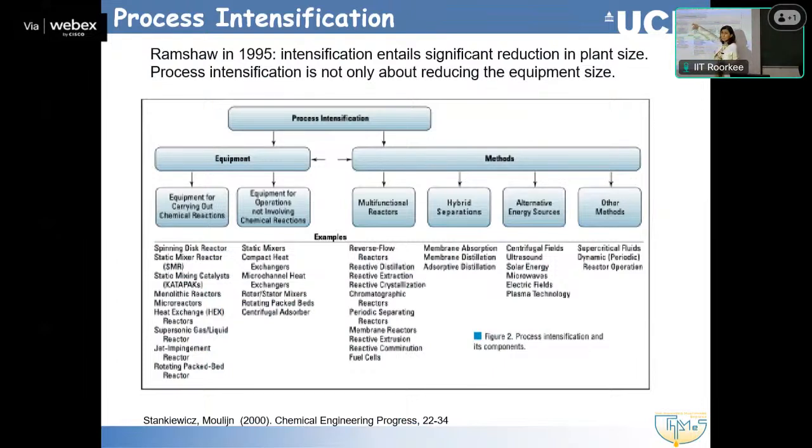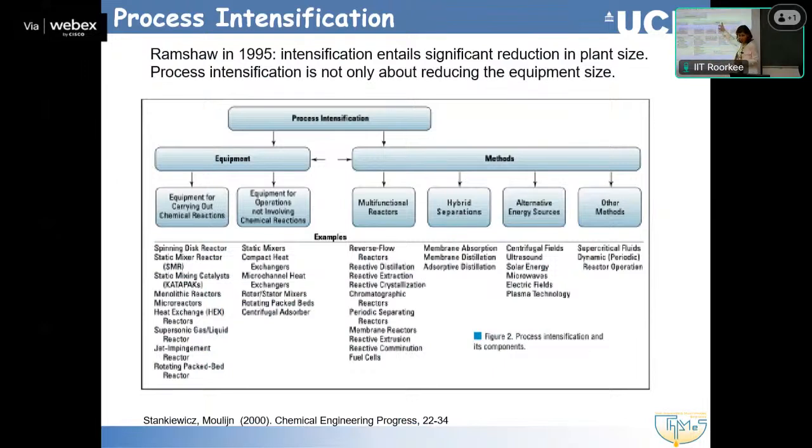It was a concept that has been introduced some time ago. One of the pioneers, Ramshaw from Newcastle in 1995, introduced it as proposing that it means a reduction in the size of the plant and size of your process. But nowadays, intensification is not just size, although with the microfabricated equipment, we do reduce the size, but at the same time, we do other phenomena. So process intensification can refer to equipment. So we do reduce the size,